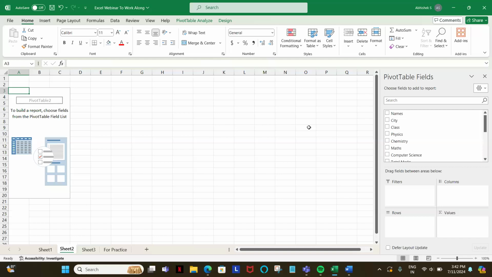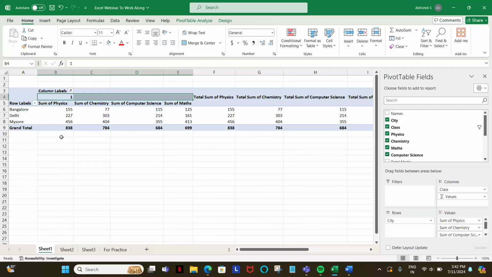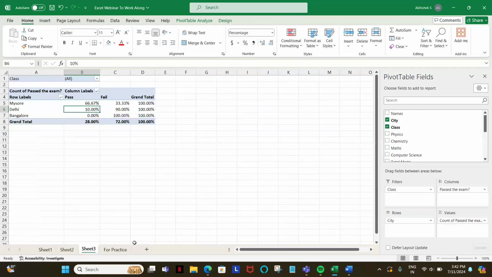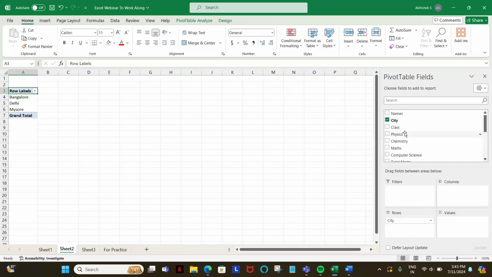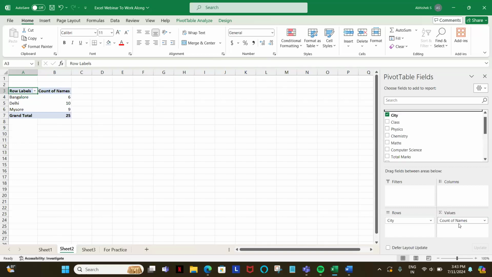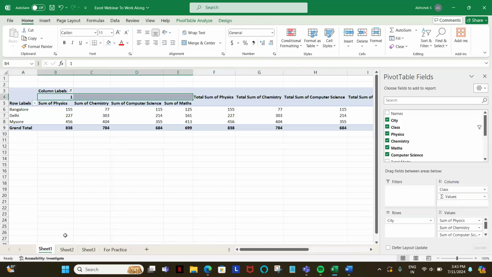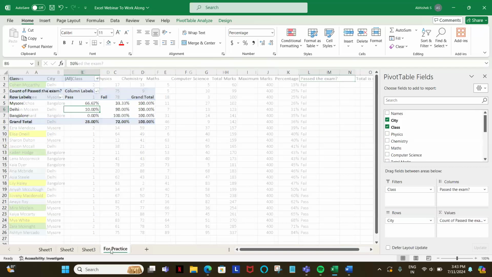Now we basically looked at summing up things and counting things, right? Let's look at a similar example. Now I want to see how many students there were in each city. All I have to do is pull city into rows, select names, and pull them under values. Suppose I delete a couple of names over here,